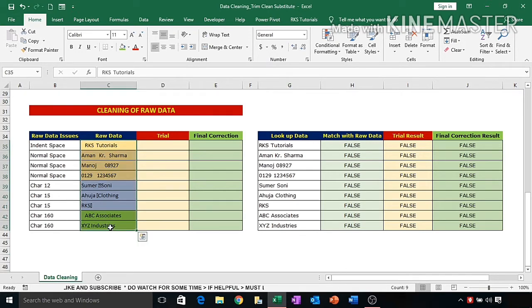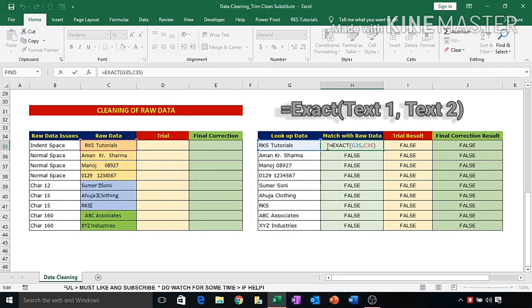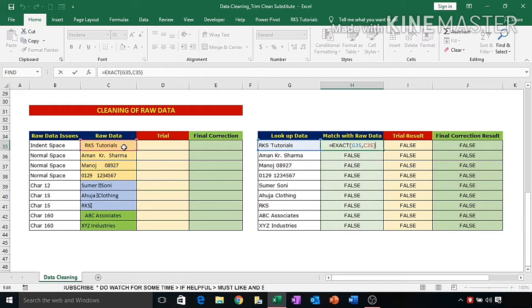These are the basic data, and here is the final outcome we want from this data, and we use different functions of Excel to convert this data into this format. Here we have applied some formula to check whether this data has been converted to this format or not. This column will check, we press F2 here, so it will check whether this data, G35, matches with C35, which means the final outcome will be checked against the raw data.